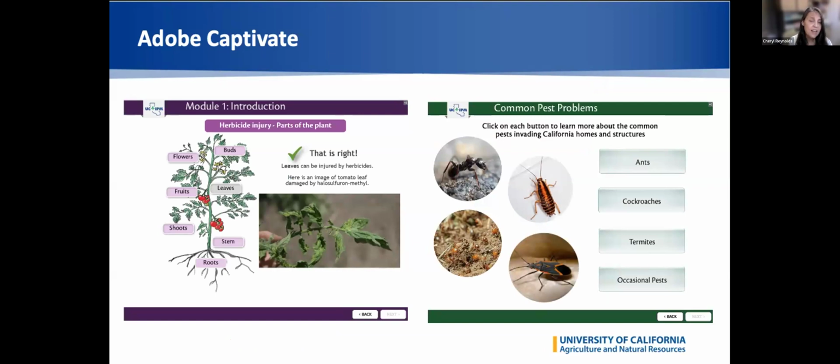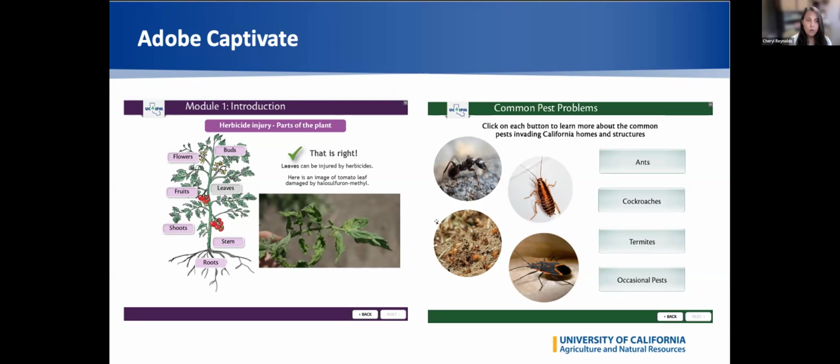And so this next screen just shows a couple other things that we were able to do in the Classic Captivate. So this first one on the left here was just kind of using hotspots. We had an image and we were able to add buttons that we could click and then bring something up on the right saying what each part of the plant can be, how it can be injured. And on the right side was another screen from another course where we had some decorative images, and we had some buttons that we could place the way we wanted, and then we were able to branch off to other